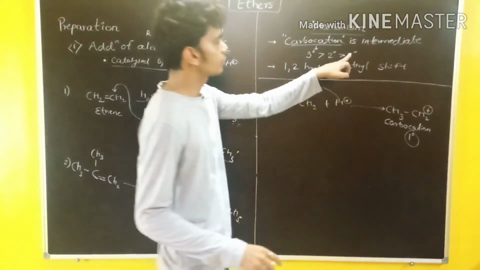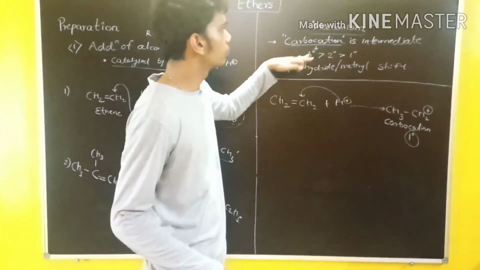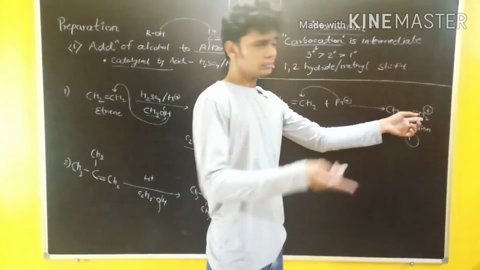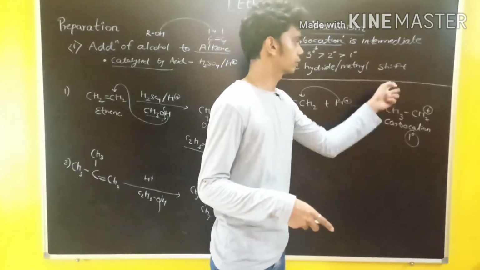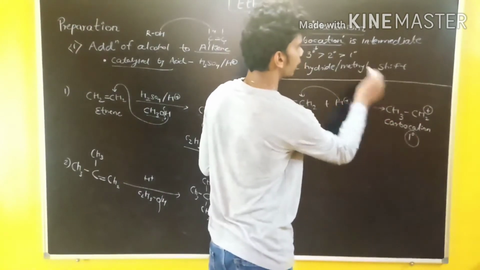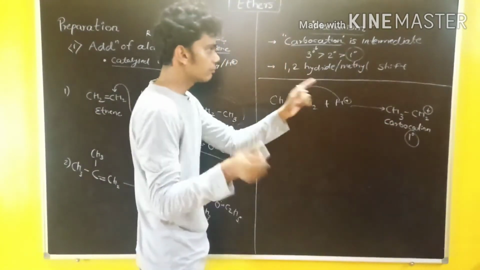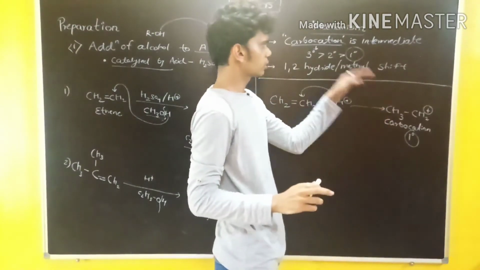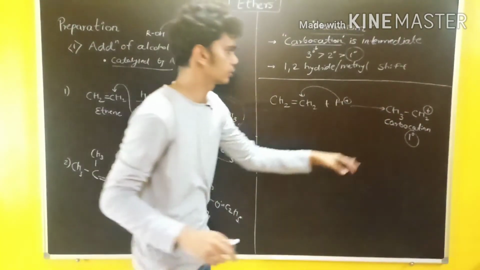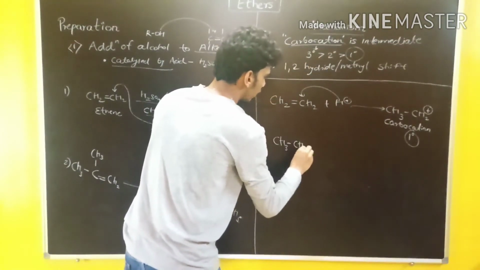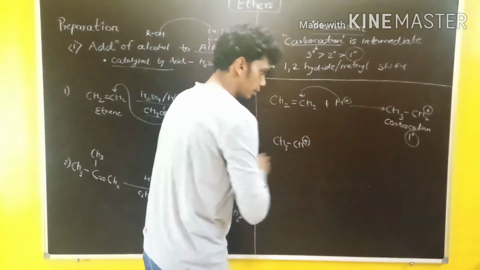Now here is a mention of primary, secondary, and tertiary. Which is more stable? Tertiary. But here there is no scope to form a tertiary carbocation because it's not attached to any more carbon. So in this case, it will be stuck here as primary only. So there will be no hydride or methyl shift over here. We're going to study that in detail in the next few examples. Okay, so this is the carbocation.